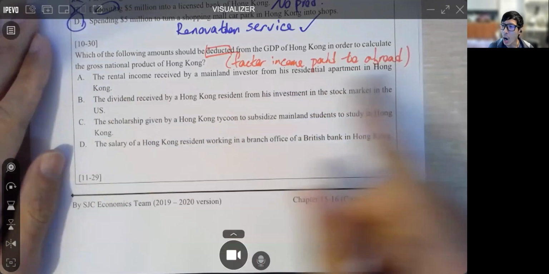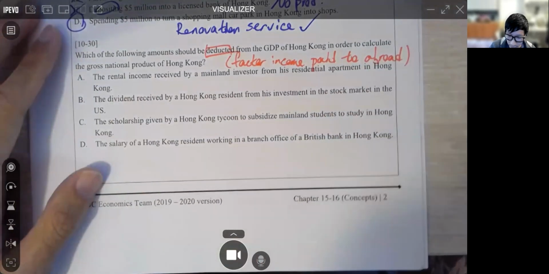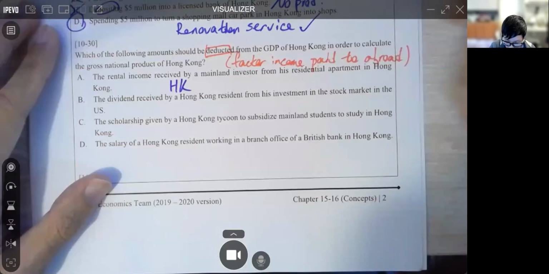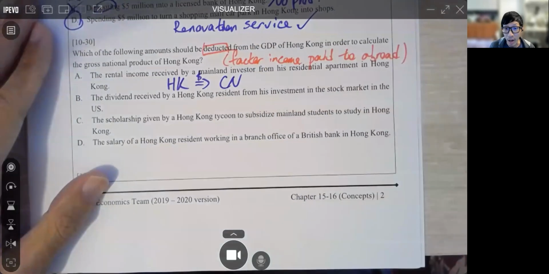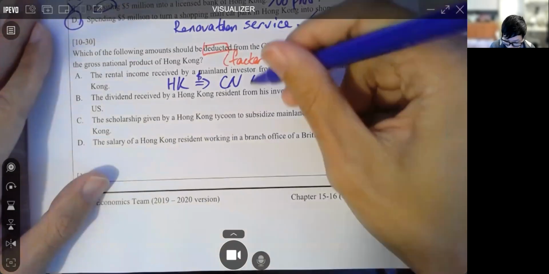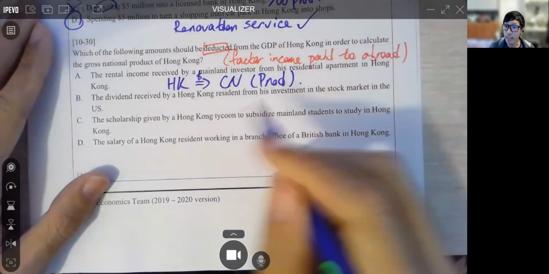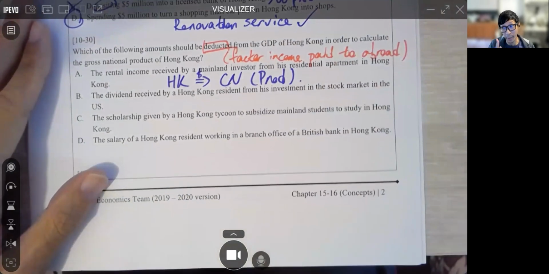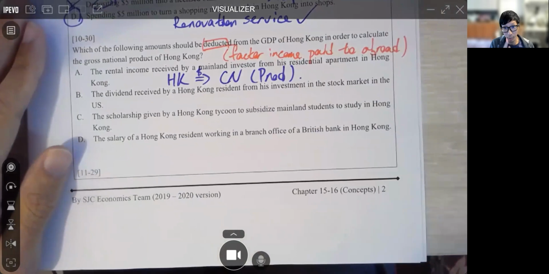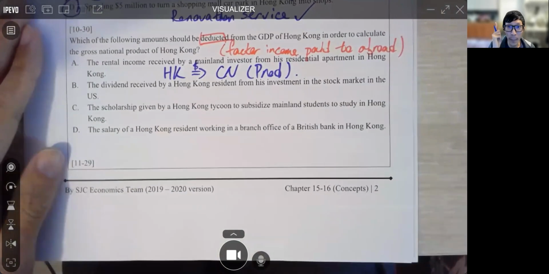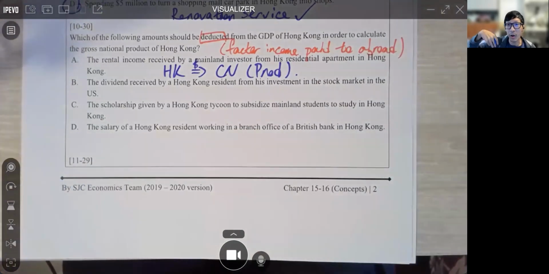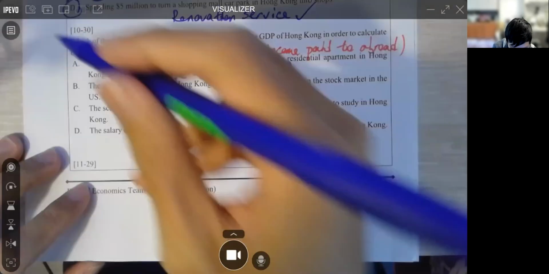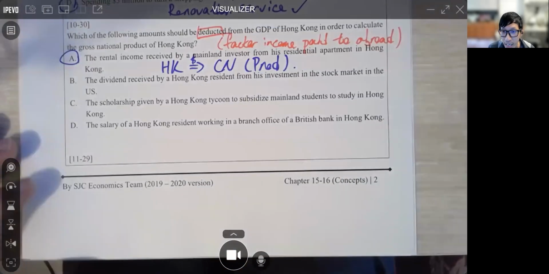residential apartment in Hong Kong. So who is paying money to whom? Hong Kong paying money to the mainland from what? From a rental income. This is a production. Hong Kong paying money to a foreign country. For the purpose of economics, Hong Kong is always part of China, but from the purpose of economics, Hong Kong is now paying money out to an economy outside Hong Kong, so this one is exactly what we are going to deduct from GDP